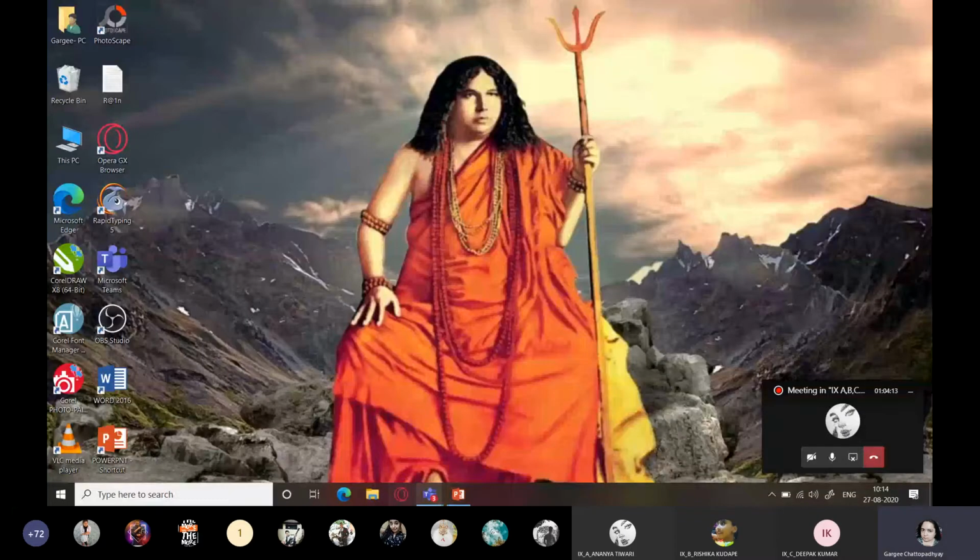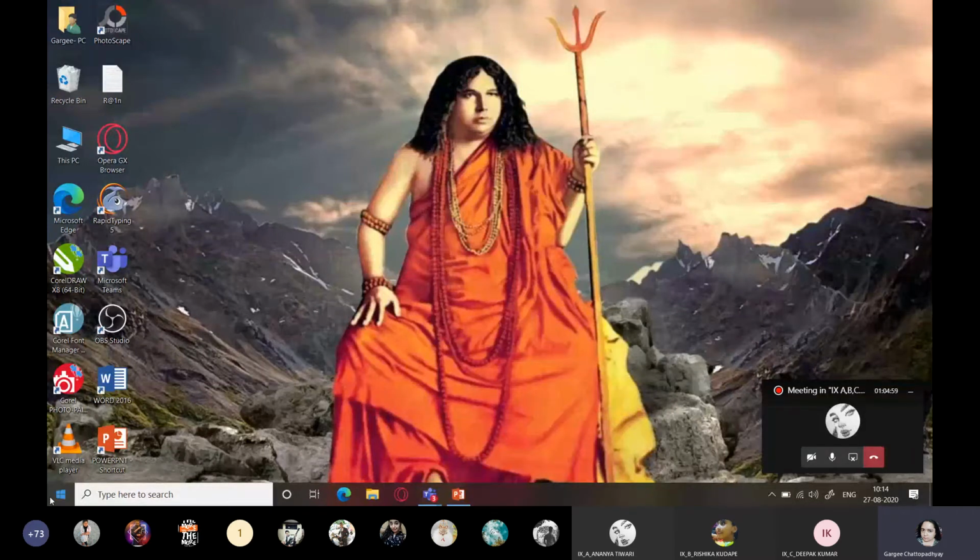Next is adding gadgets on the desktop. Now students, adding gadgets in Windows 10, they have completely removed this feature called gadgets. If you check the offline lecture, there I have explained this installation of gadgets in great detail. I'm not going to go into the details over here because it was an offline lecture which you were supposed to watch earlier. Okay, so please do watch that video where I have explained in great detail how to download the 8GadgetPack software. The name is 8GadgetPack. Okay, it's a small application which you have to download, install it, and you can add gadgets on your screen.